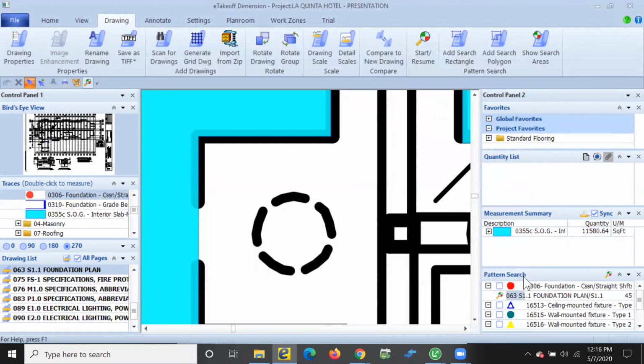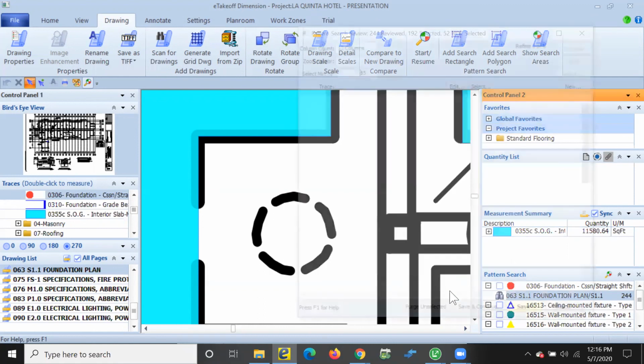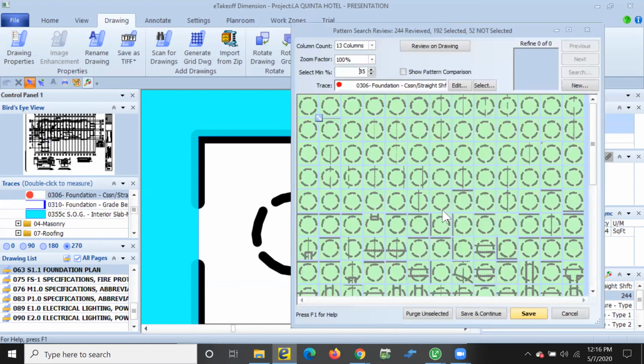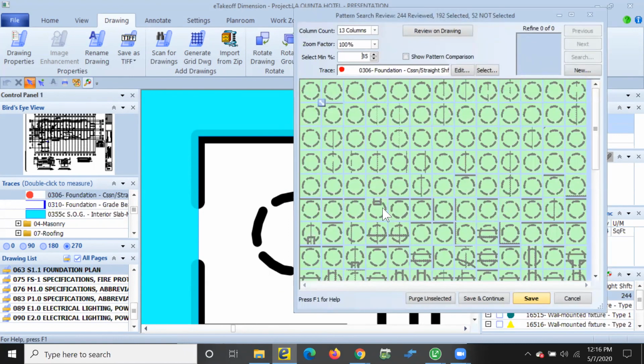And you'll see down in my lower right, I've got pattern search pane turned on, and it's counting up for me. eTakeoff will count in the background. So if you knew you had a ton of pages to search for certain items and you knew it might take a while because there's a lot of items to find, it allows you to do other takeoff while it's counting for you. So another ease of use and efficiency benefit there. So once it's done, I can double click my binoculars here and take a quick review. So it'll pull up everything it found with eTakeoff pattern search.